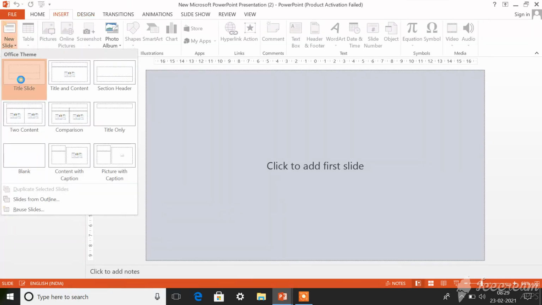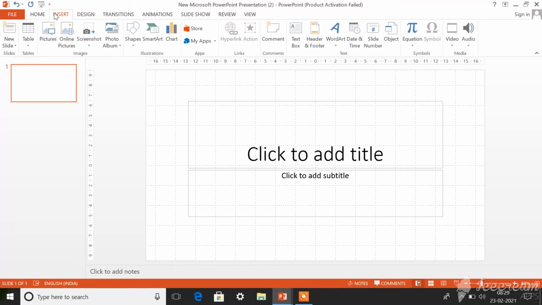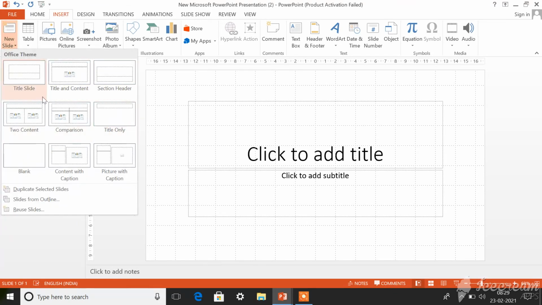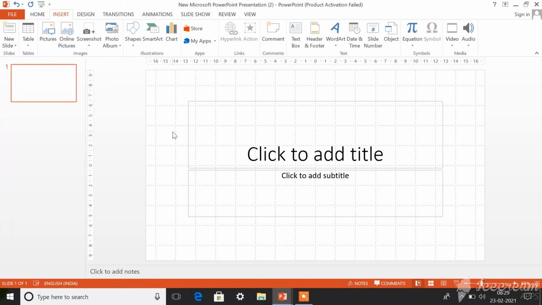New slide. In the insert tab there is an option called new slide. When you click on that, you will get a new slide for your presentation. Inside that, when you click this down arrow, you can see there are varieties of styles for each slide. Whichever style you want for your slide, you can select. I have selected this title slide. So I have one slide in my presentation right now, and I'm going to use the design tab.